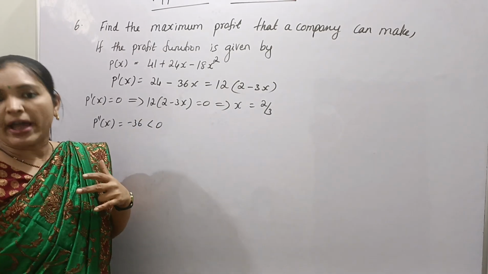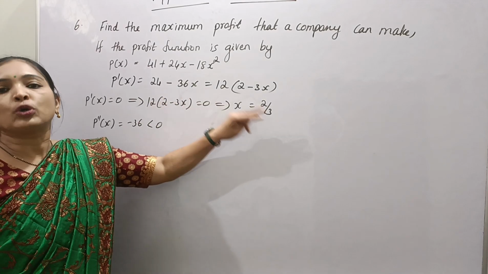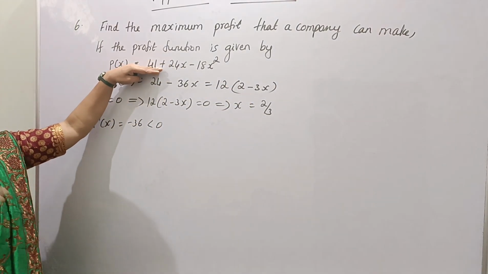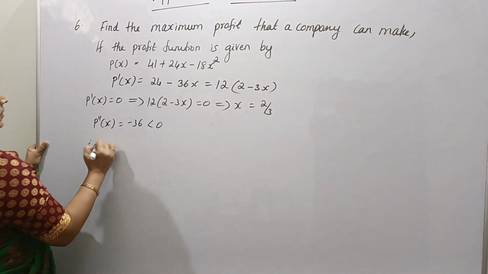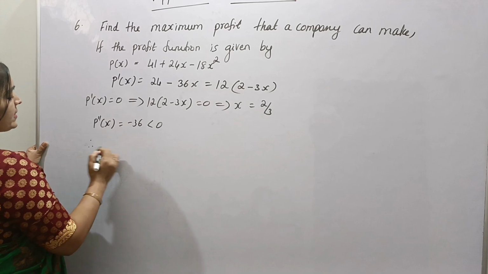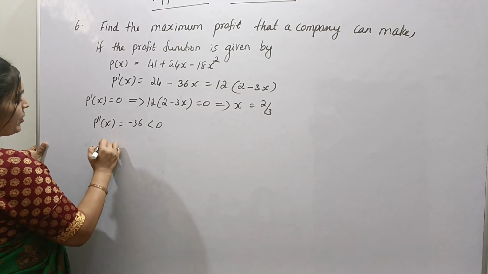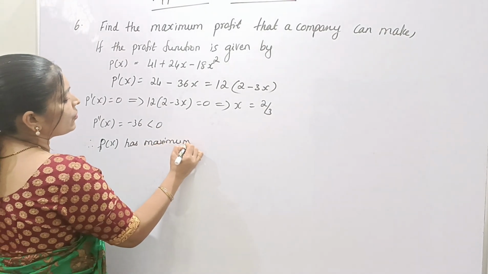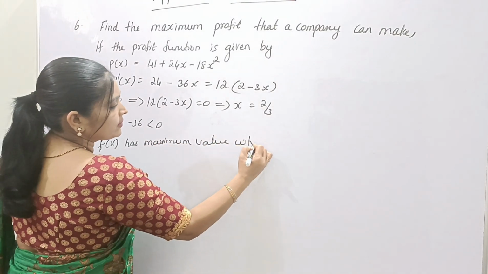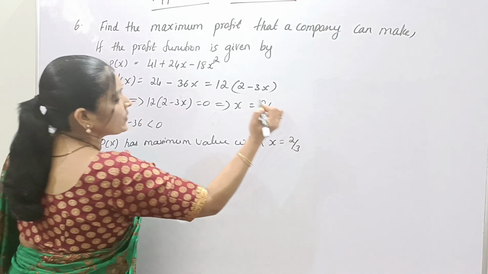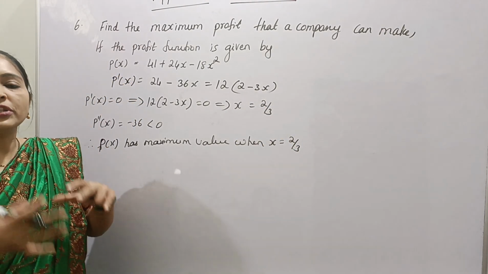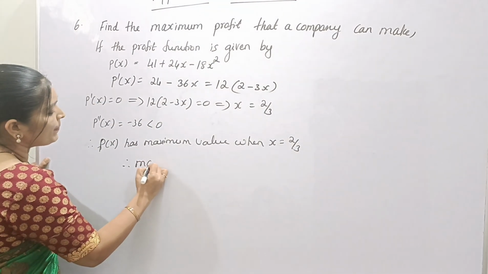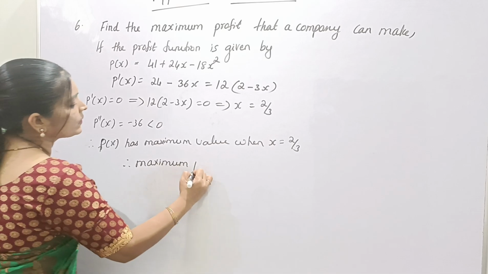So what is the maximum value of the function? That is p of 2 by 3. Means when we substitute x is equal to 2 by 3 in the given function. Okay, that is, by the second derivative test, function p of x has maximum value when x is equal to 2 by 3. So here the maximum value of the function is nothing but the maximum profit. Okay. Therefore maximum profit is equal to